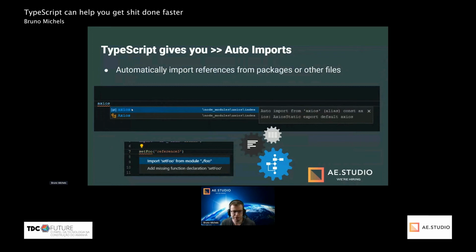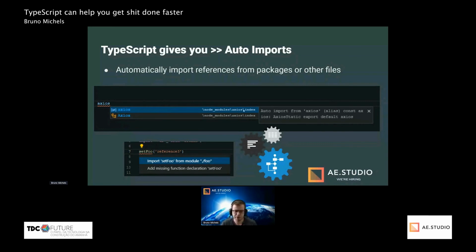So if I type Axios, it's not going to find a variable called Axios in this code because I don't have anything else. But it knows that Axios is a type. This variable exists in some package I'm using. And then it detects all the references to that name and then offers to autocomplete for me.